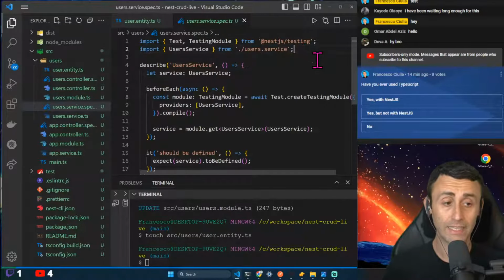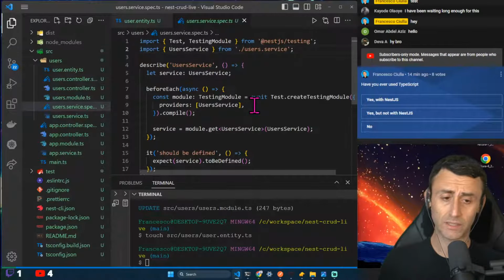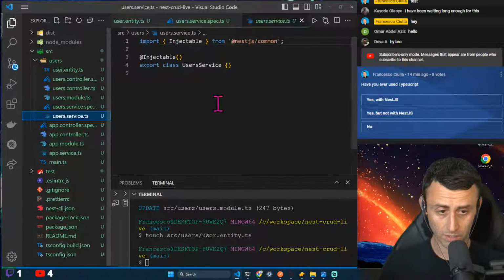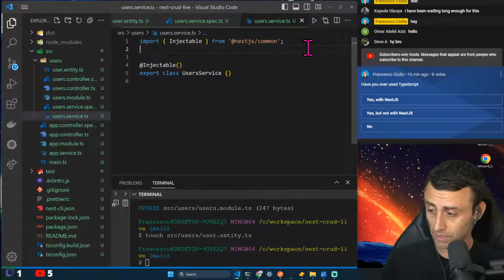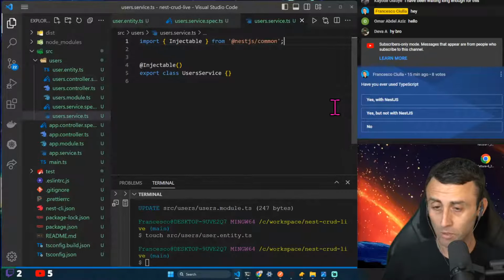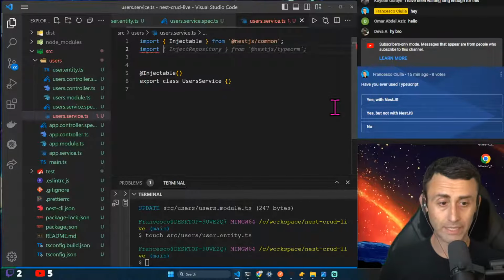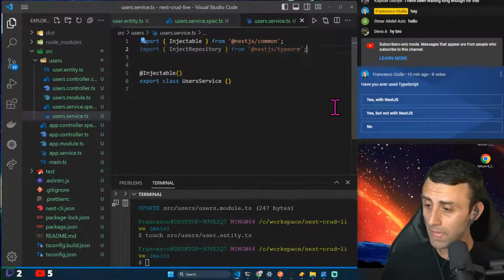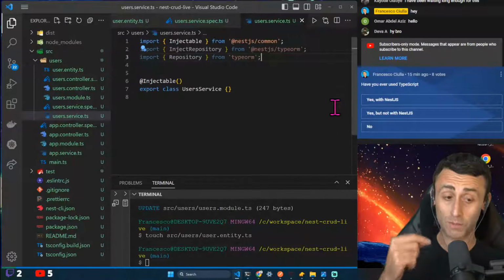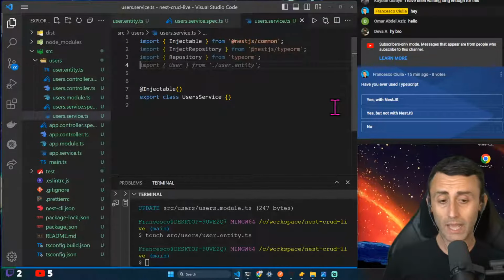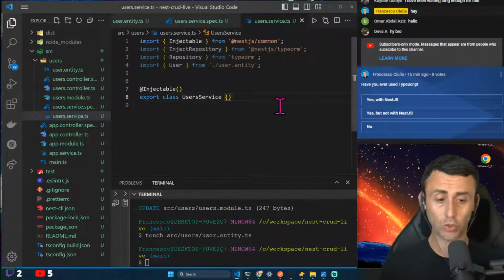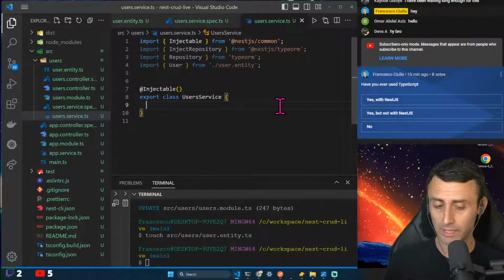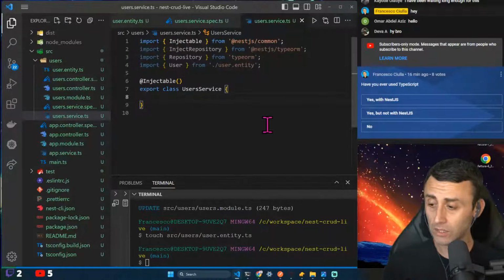users.service.ts file. Here we already have a service, but we want to add some stuff. Dependencies, injectable, then we want to import the inject repository and the repository from TypeORM, and the user that we just created in user.entity. We don't have to add the extension. Nice. So now we have this injectable class, which is a service, and we want to first of